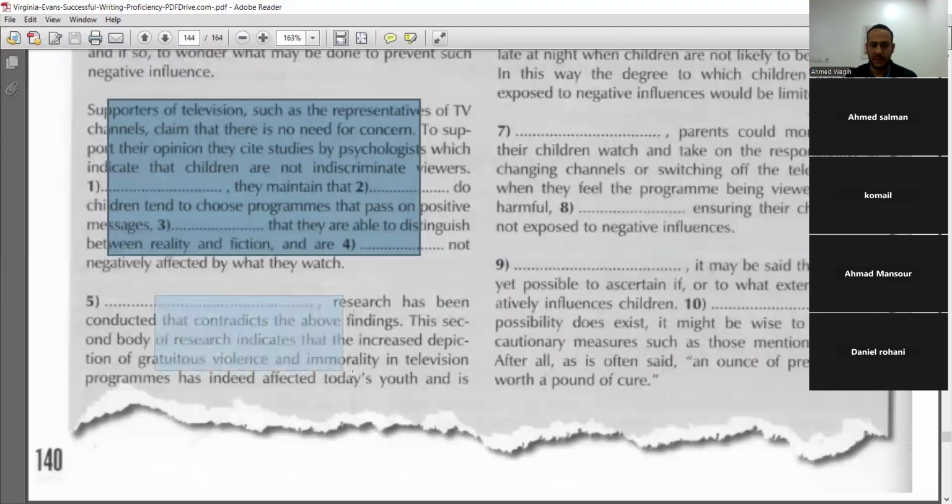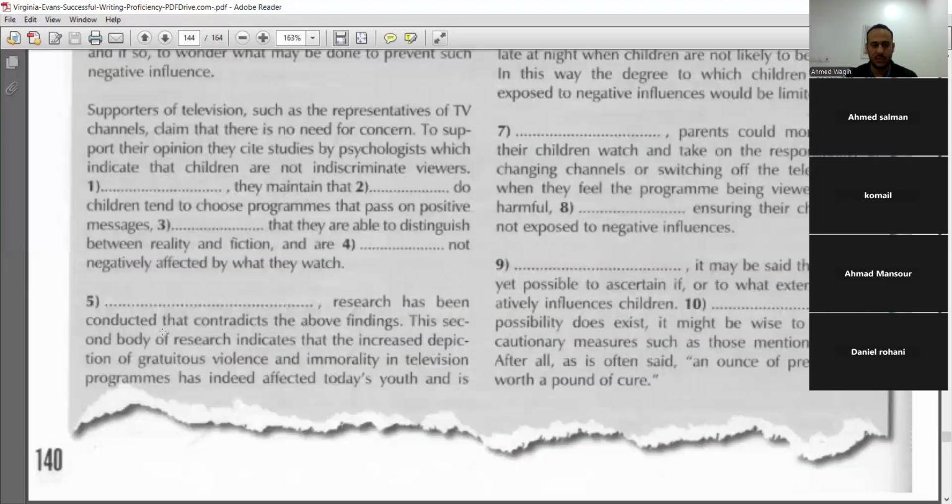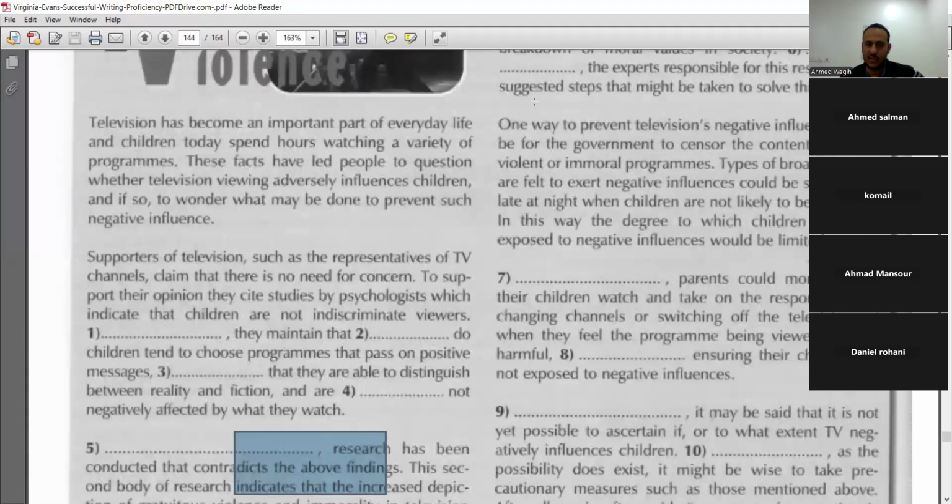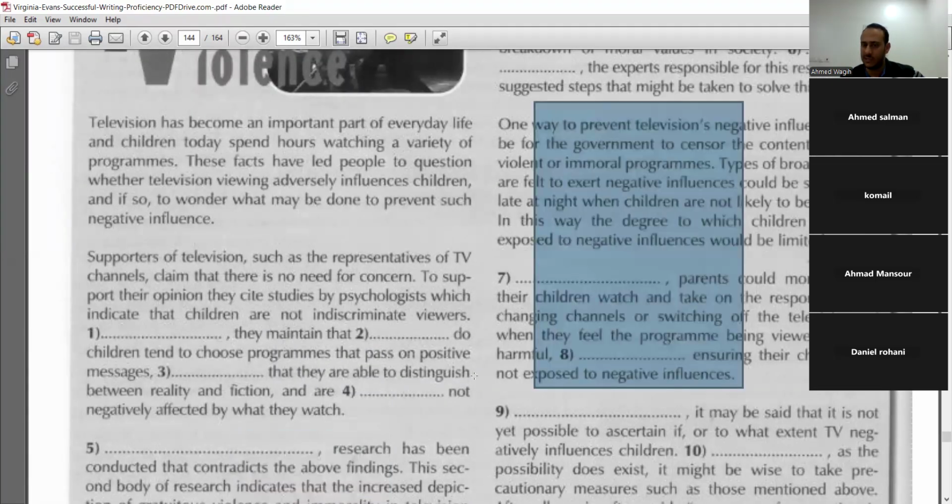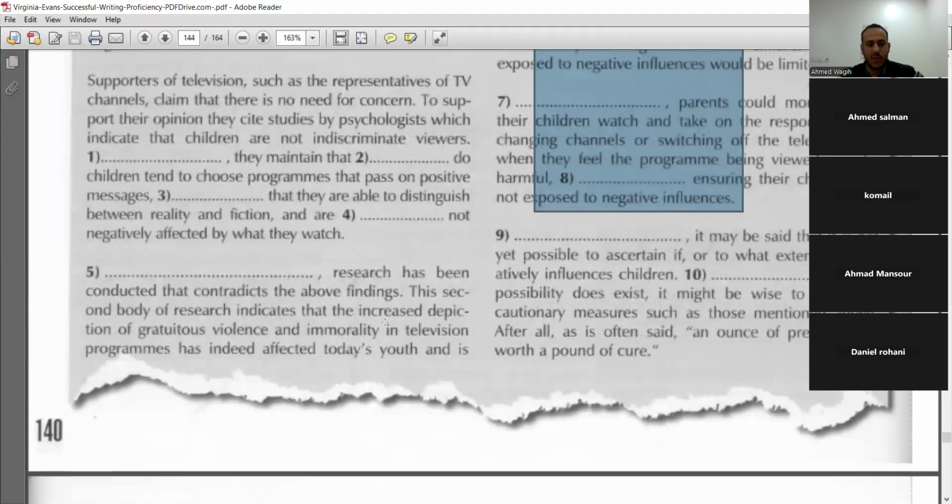Now, on the other hand, research has been conducted that contradicts the above findings. When they made research, it contradicts or it's against this. So it proves that there is negative influence, and he will show it now. So look, he talked about the positives, then the negatives, and here in these two paragraphs, how to avoid the negative points. Let's see. This second body of research indicates that the increased depiction of